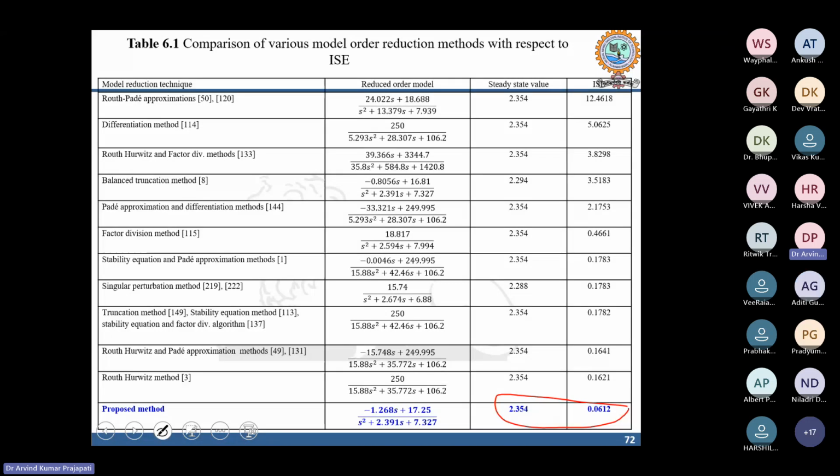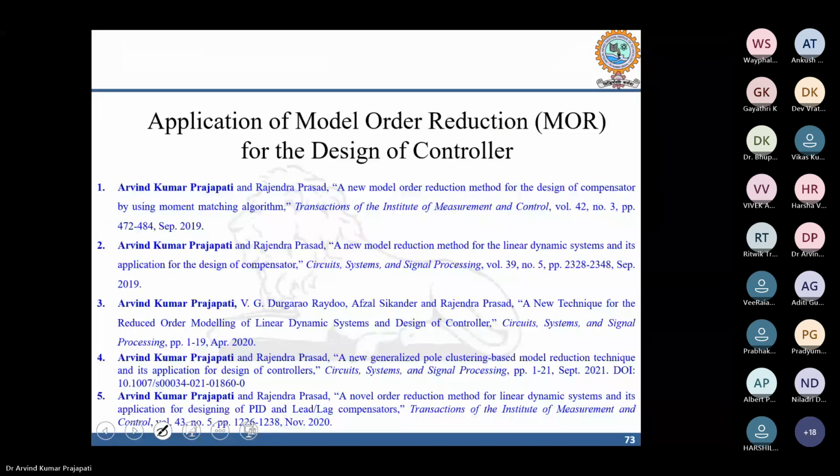And approximately all methods are giving the same steady state value except the balanced truncation method, because the balanced truncation or similar perturbation methods are giving the steady state error. So to overcome this, the method has been mixed with other techniques, and that is called improved balanced truncation, which I have discussed here. And then by using that, we are getting the reduced order model. So these are the slides which I have discussed for the reduction of higher order systems, or the conversion of higher order systems into lower order systems.